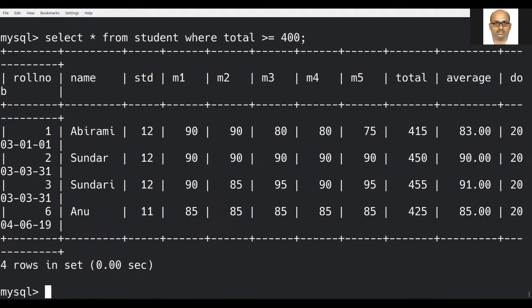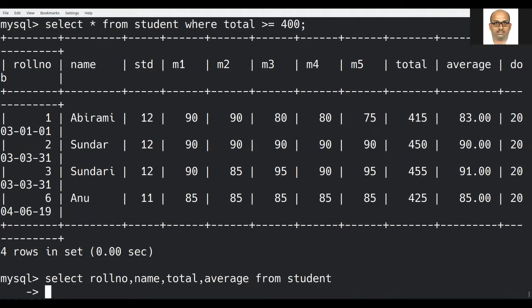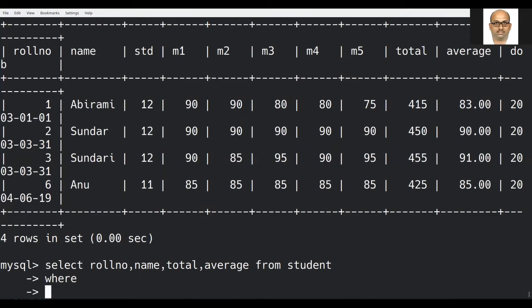Then, with respect to giving more than one condition, how to use it? Let us try and check. I am giving the where condition alone in the third row so that it will be easier.